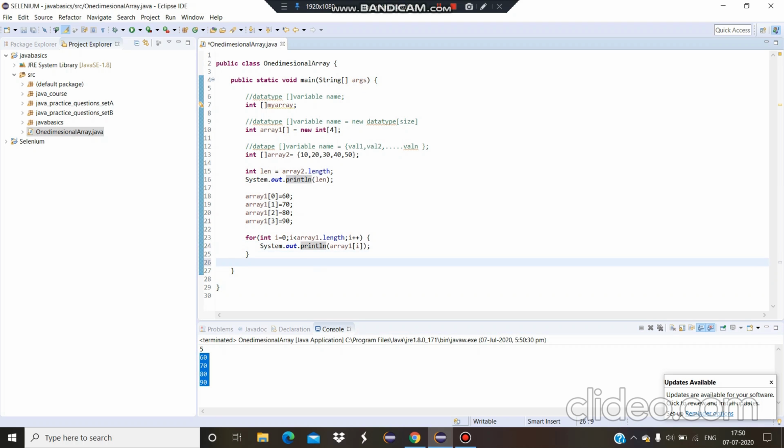So instead of using this for loop, we can use another for loop which I have told you, the enhanced for loop. So for enhanced for loop, I will first tell you the syntax. For, you have to use the data type that you have earlier used for declaring the array variable, data type, then a variable name, colon, array variable name.